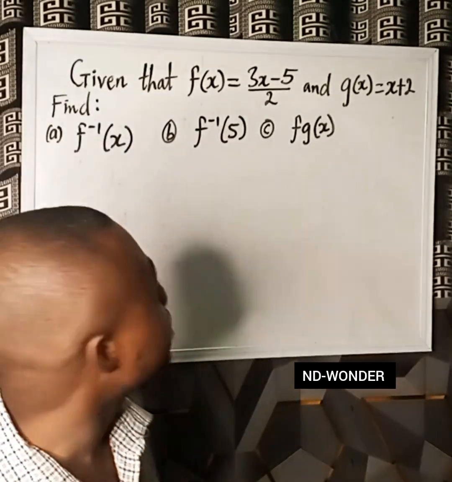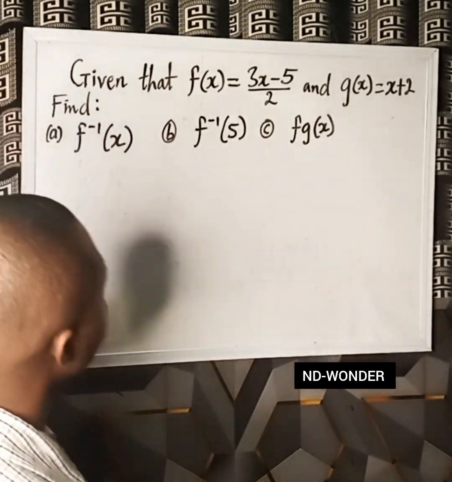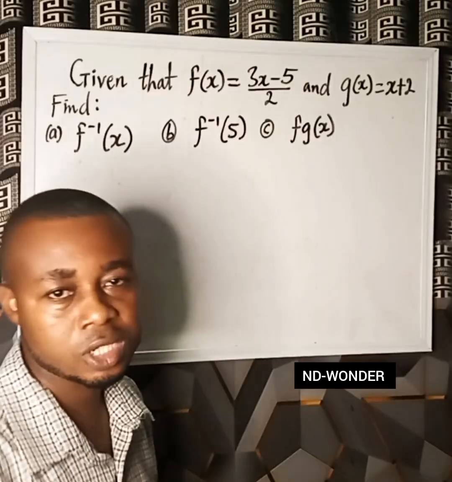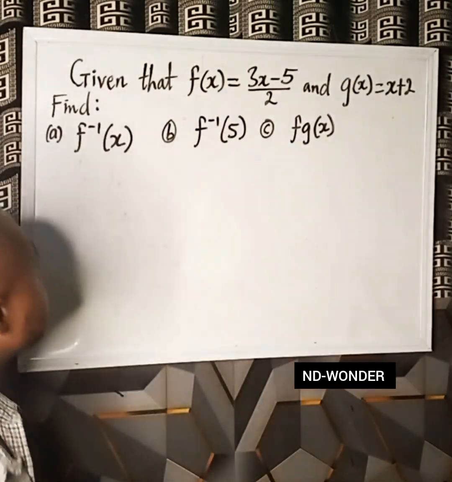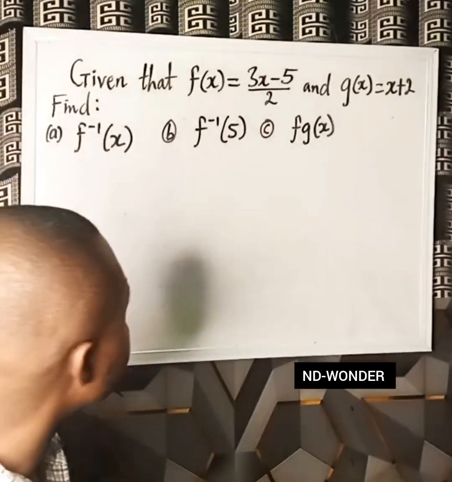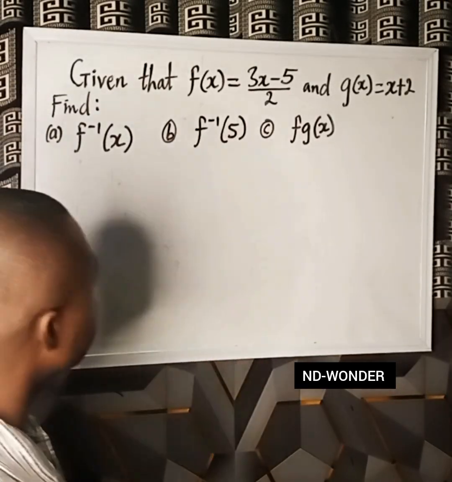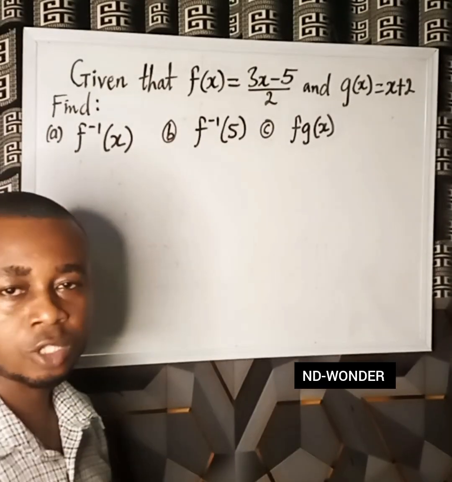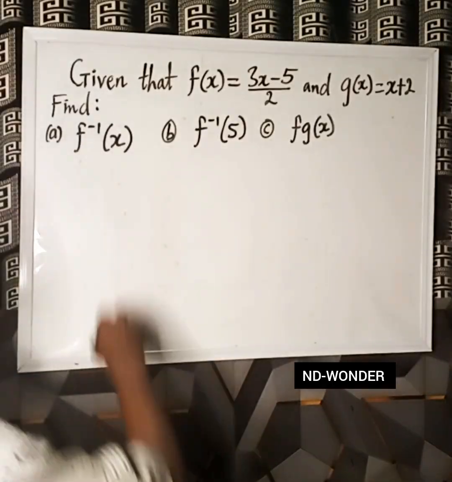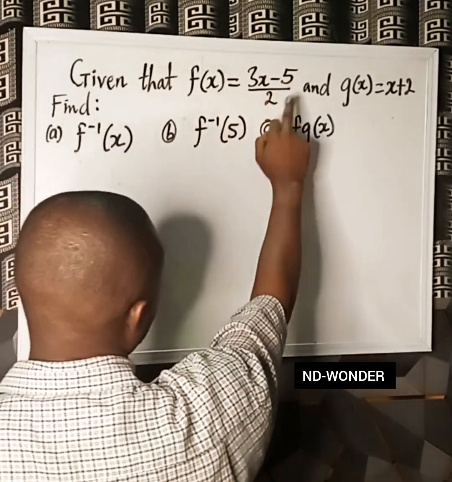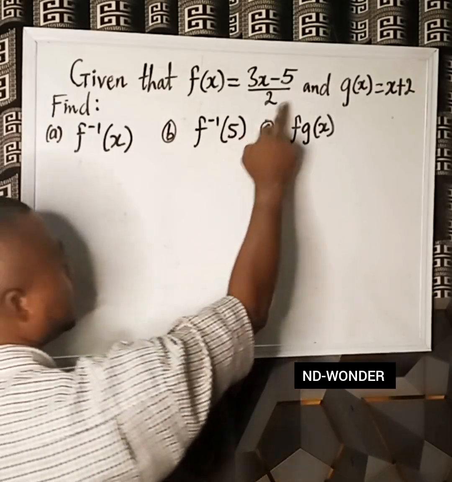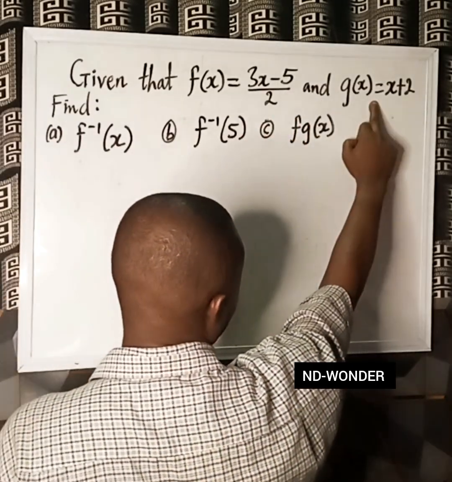Hello viewers, you can see a question which involves inverse function and composite. So all we've got to do is to read the question, then do nothing short of justice to it. Given that f of x is equal to 3x minus 5 all over 2 and g of x is